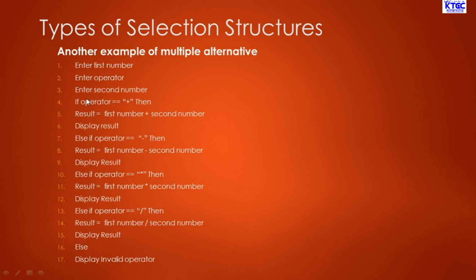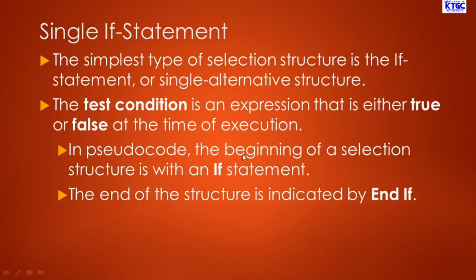So this is the test condition, this is its block. If this test condition is met, this is executed. Else, if this one is met, this is executed. Else, if this one is met, this is executed. So if one is met and is executed, the rest are skipped. I'm sure you understand this right now. So that is that. Let's look at another one we call a single if statement, and how it's written in